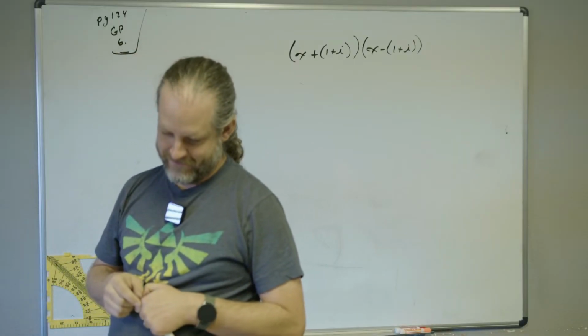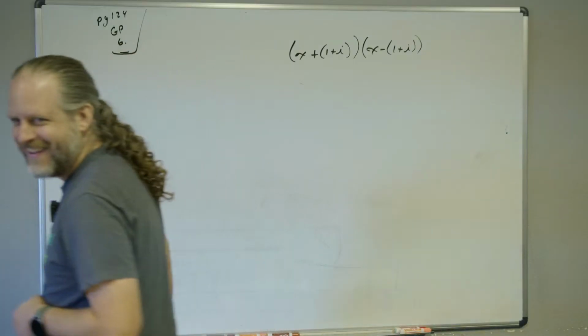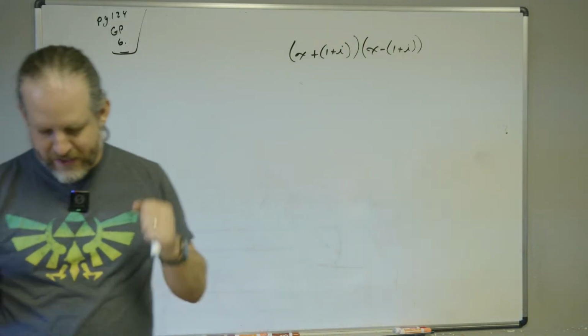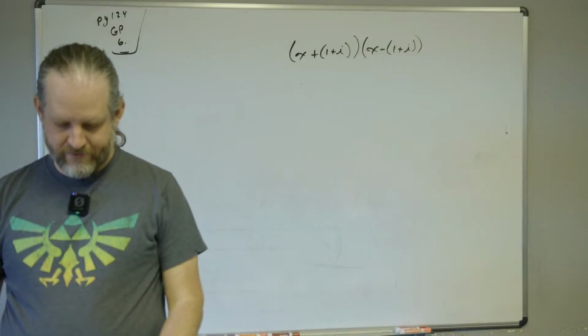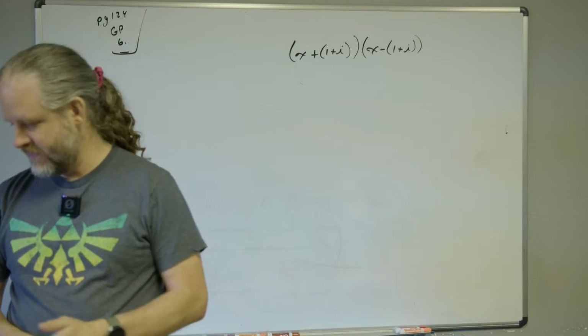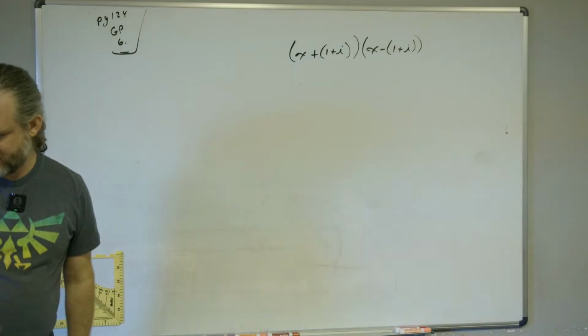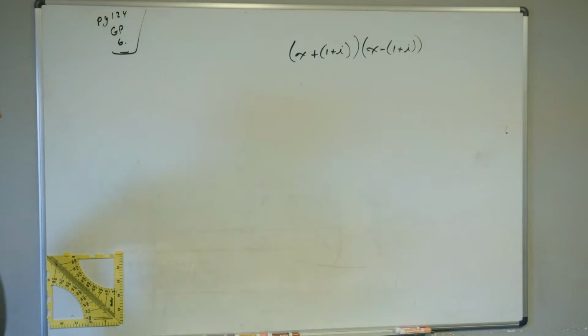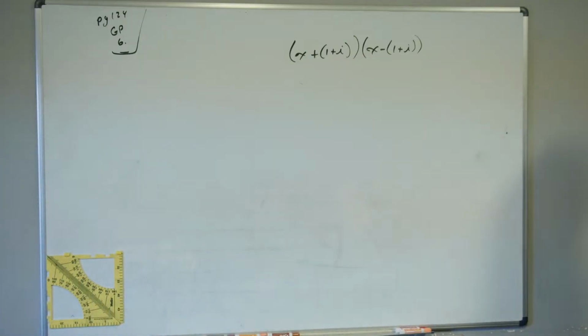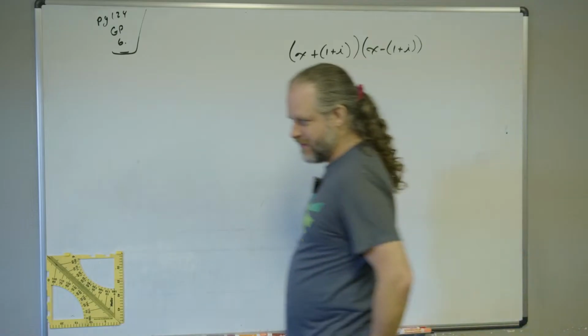Wait, no, wait, hold on. It's not as hard as I thought it was. What is the degree of this polynomial going to be? 4. That's right. I can count. I cannot write an x. First I write a plus and then I write an x squared. You got this, Landon. You can do it. I have faith in you. Minus